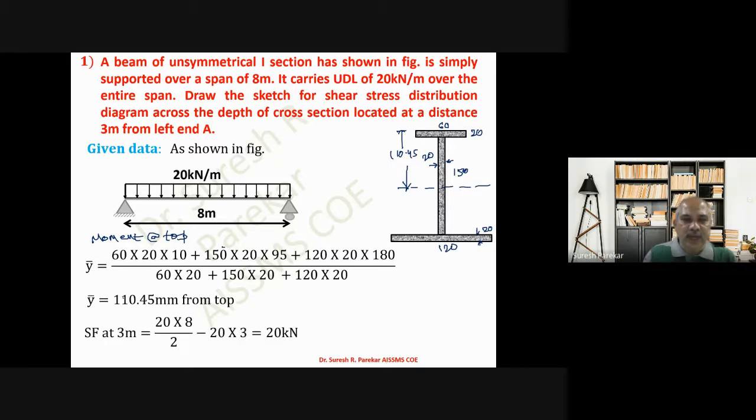And then we will also find shear force. So we have to find out at 3 meters. Now we have symmetrical, so we have same reactions. 20 into 8, 160. Half on this side, 80 kilonewton we have, and on this side 80 kilonewton. Now we know we have to find out at 3 meter. So for 3 meter shear force we have, that is equal to 80 minus 20 into 3, and it comes 20 kilonewton. So you can see over here, this is your reaction WL by 2, because it is symmetrical.